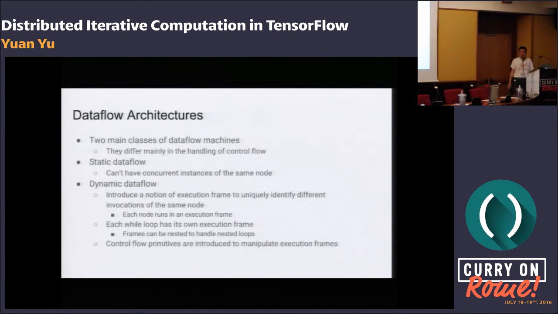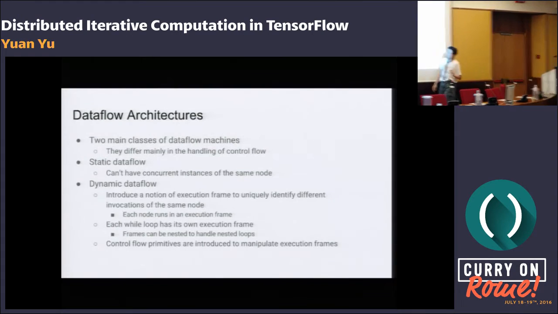We borrowed very heavily from the data flow machine research in the 70s and 80s. There was some very nice work trying to figure out how to do something different from the von Neumann machine, and they invented something called data flow architectures.